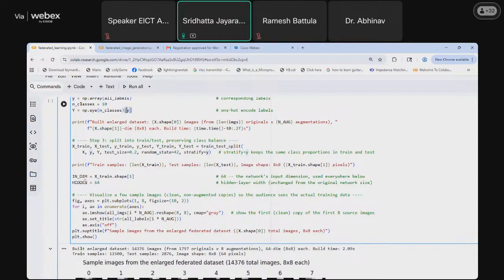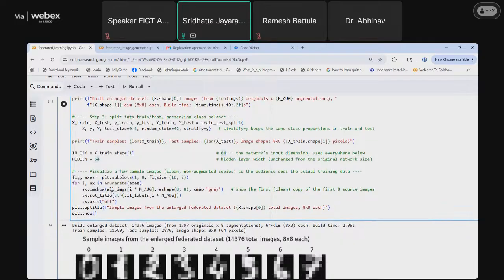And here we are going to define the dimension of the train. So x_train.shape is 64, and the hidden layer is the dimension of the hidden layer of the model, which is 64.